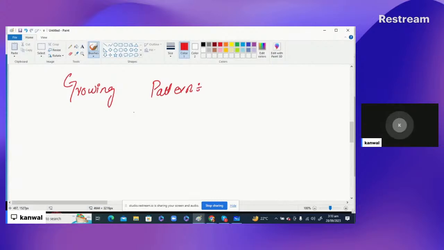Okay, like each number is greater than the previous number. For example, if I'm going to write here some numbers, first we write the definition. Each number is greater than the previous number. Okay,